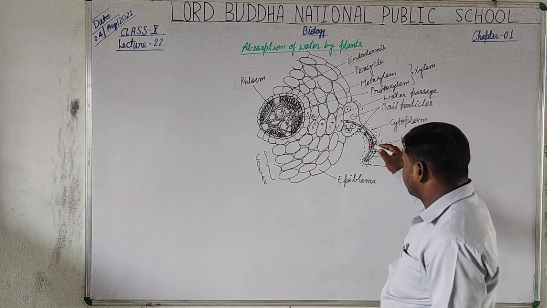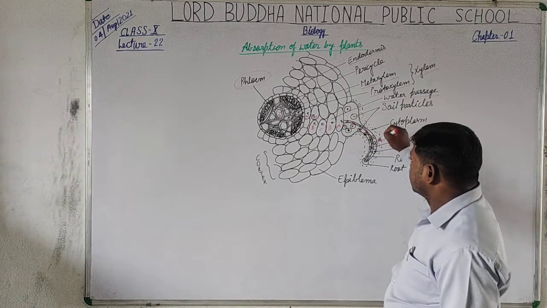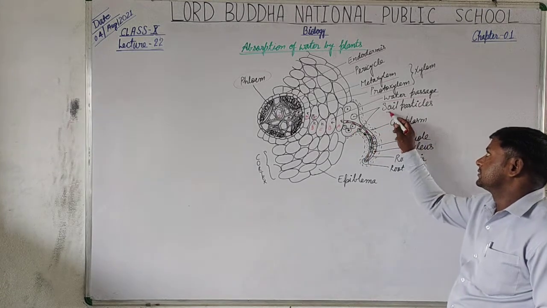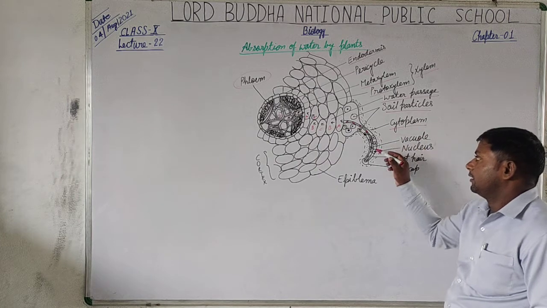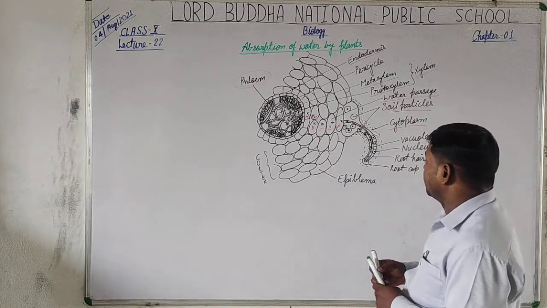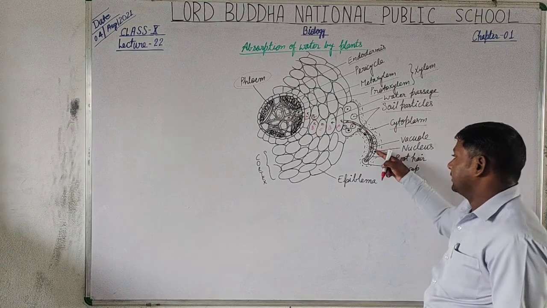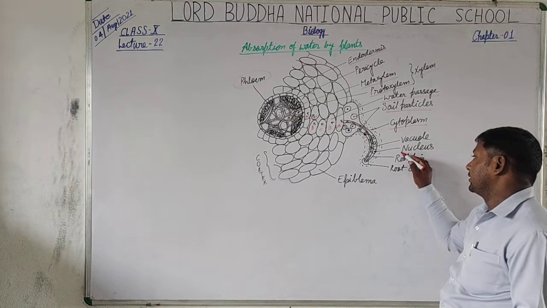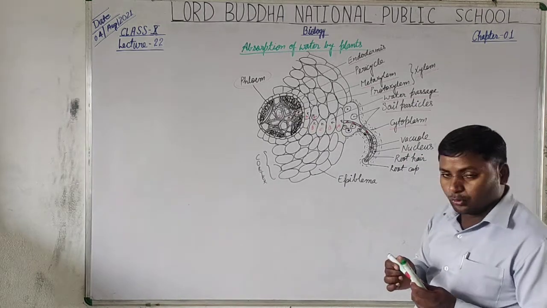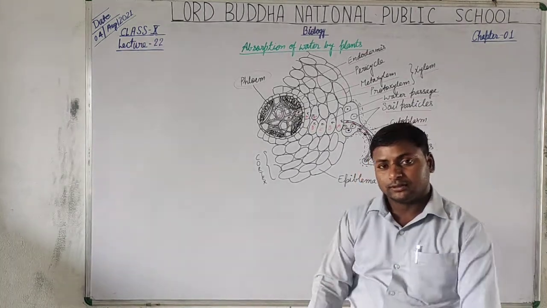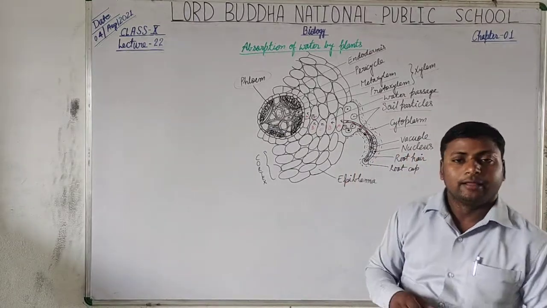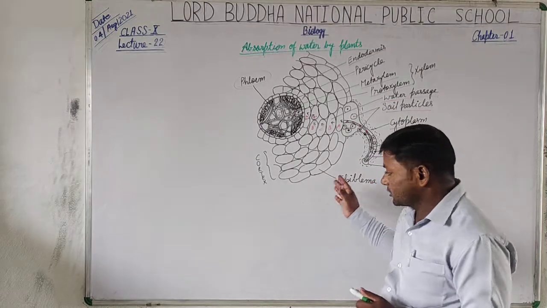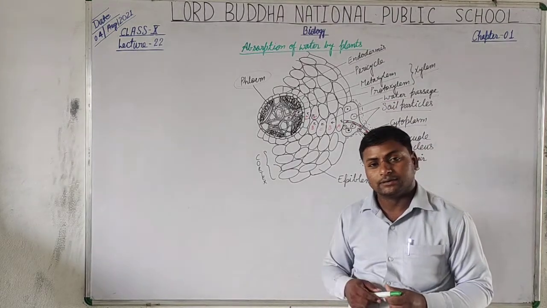And students, around this root hair cap there are some soil particles, as illustrated in this diagram, and a rich amount of cytoplasm is present in the vacuolated cells. The cells near the root hairs are highly vacuolated with one or more nuclei. Thus students, this is the mechanism, or physiology, through which the absorption of water takes place in plants.